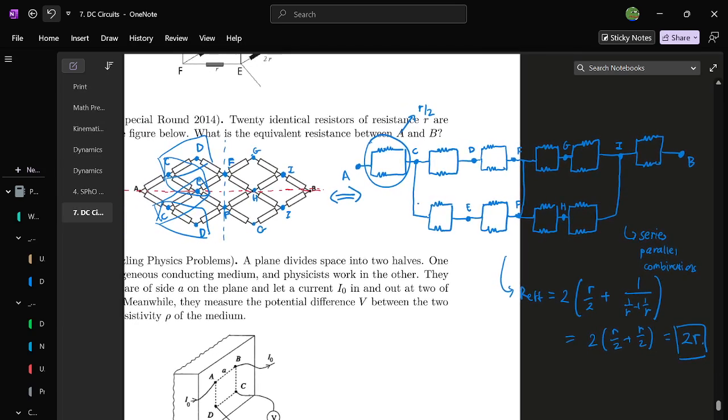Yeah, so that's for this question. The main point is the symmetry. Now if you don't spot the symmetry,